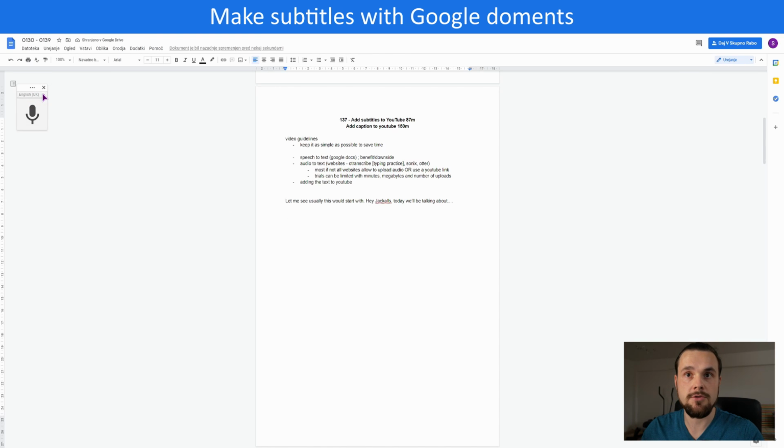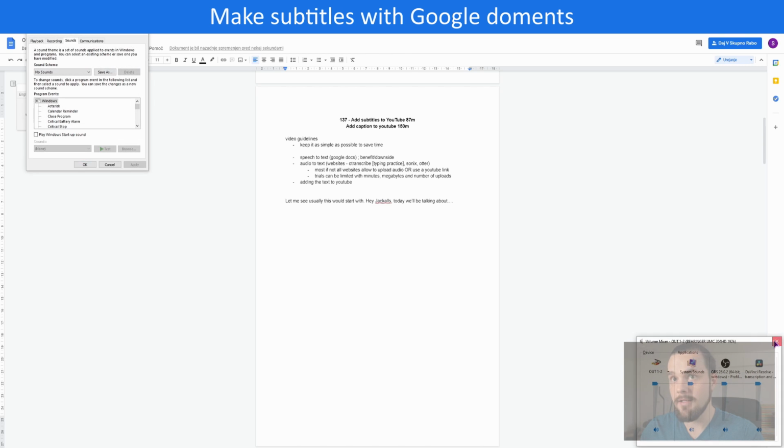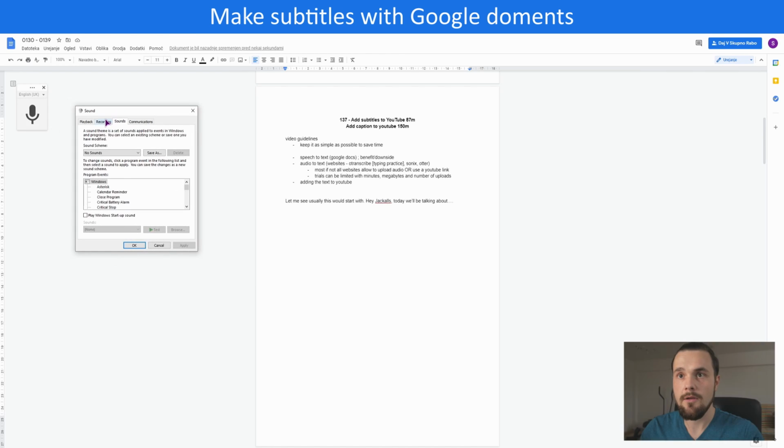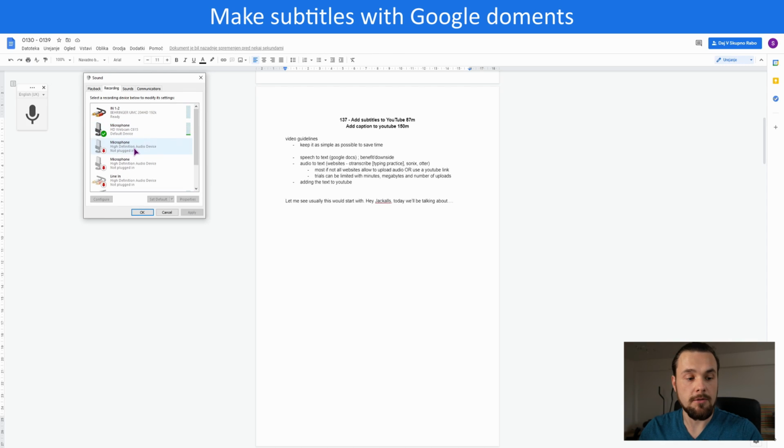What we'll want to do is choose a language, English, UK or United States. And what we'll also want to do, let me open up my settings. You'll want to set the default microphone.